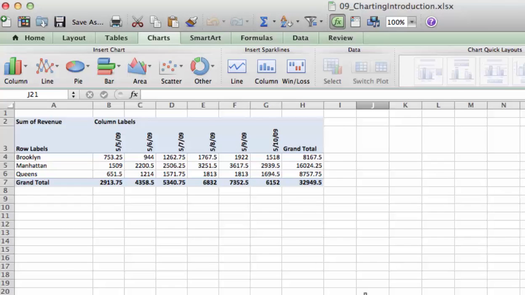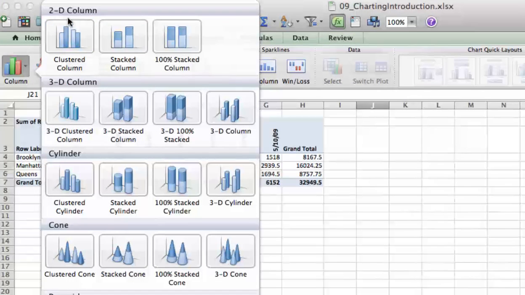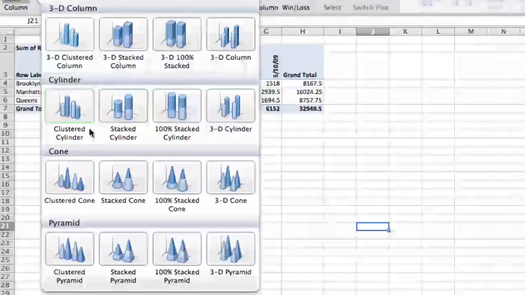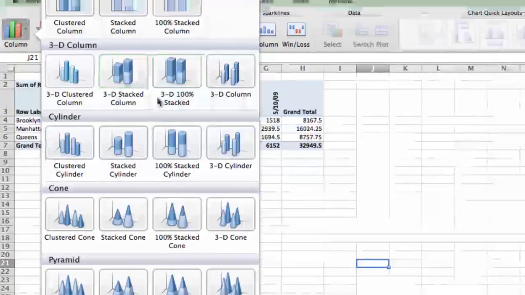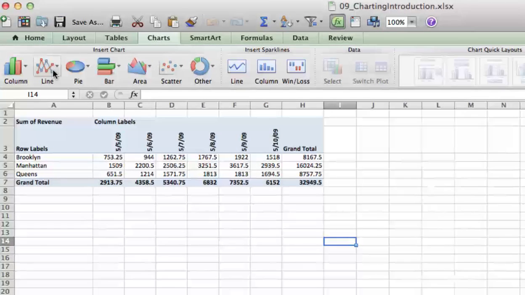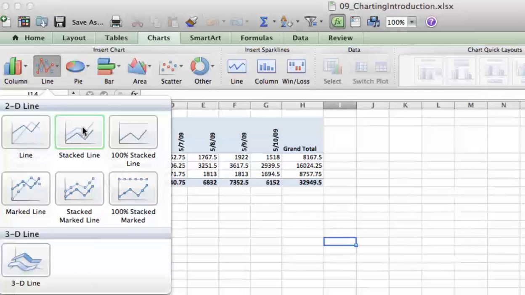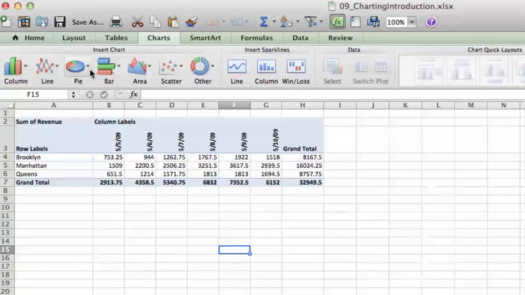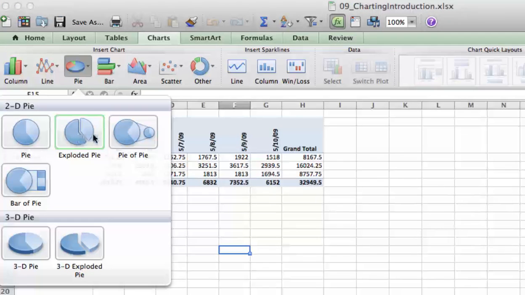And as you can see, each basic chart can have several variations. Let's look at the arrow next to the column drop down. And you see we have 2D column charts, 3D columns, cylinder, cone, pyramid. Just in the columns we have about 19 different subtypes of charts. Looking next to that, we have the line charts. And again, we have a regular line, stacked, 100% stacked, line charts with different markers, and a 3D line chart. Then we could pop over to the pie chart and see that we have several different types of pie charts just as defaults. And you notice most of these include a 3D option as well,